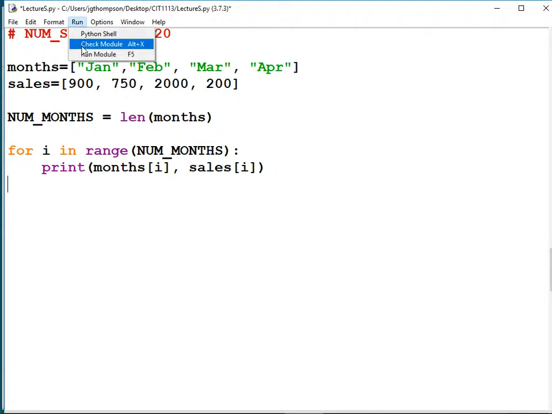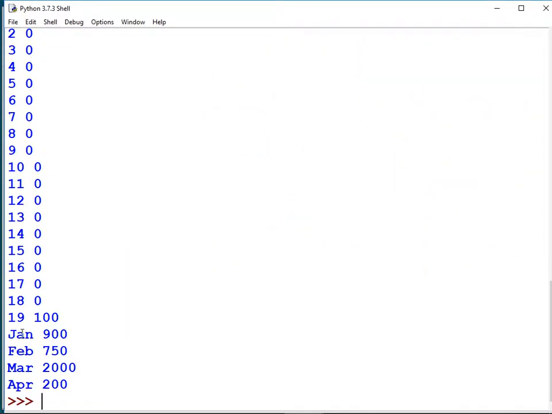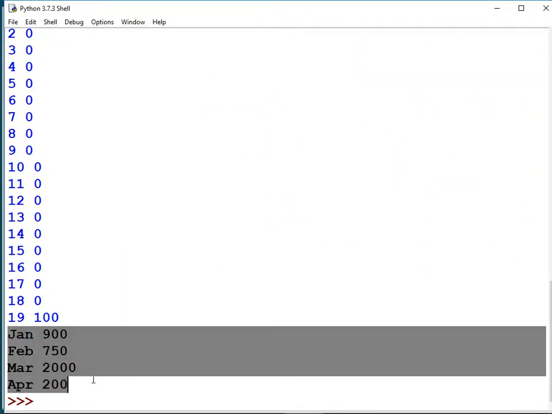And we'll see our little sales chart. Right, January 900, February 750, March 2000, and so on.